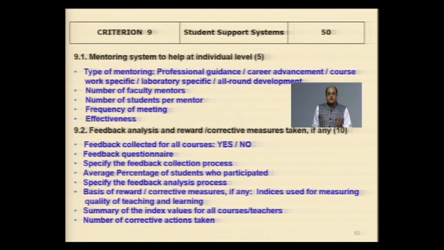In one case, students for all the years of assessment gave zero feedback to a faculty member, but the faculty member continued to teach that same subject. So when the committee interacted, they raised this point, and when the committee went back and looked at their feedback records, they realized that actually 0% feedback was given. So how this feedback is viewed in terms of impact and correction by the institution and the program, in both the cases the committee looks at.